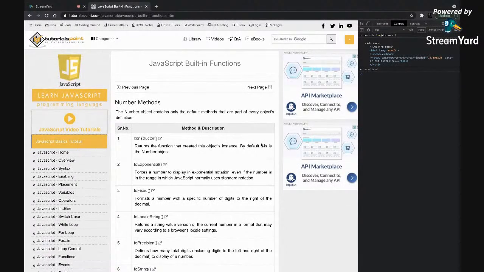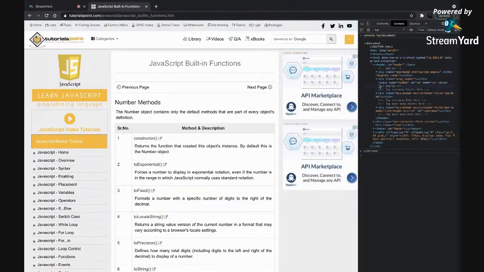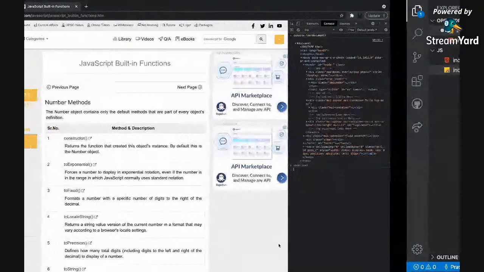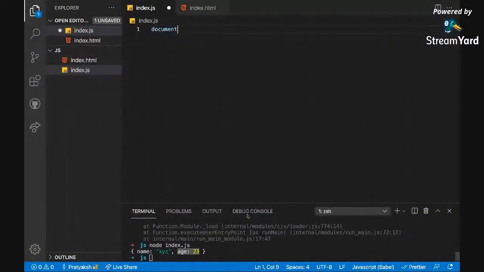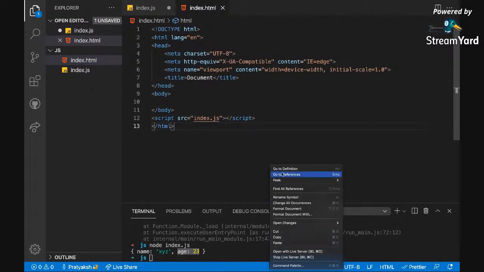Now this document has different things. Inside body, document has header, document has div, document has n number of items which can be accessed using this document variable, and we'll talk a little bit more about it.